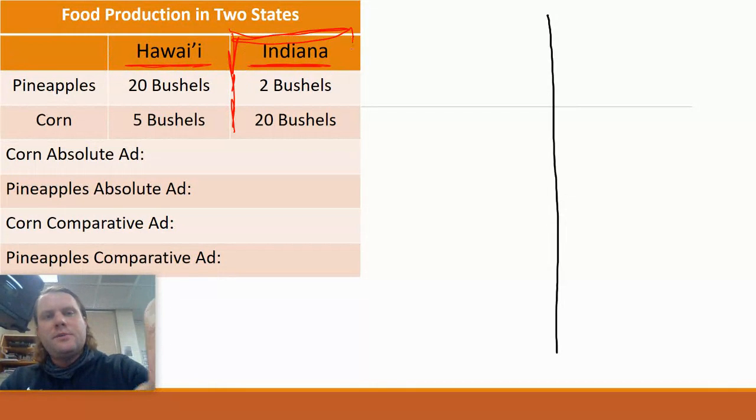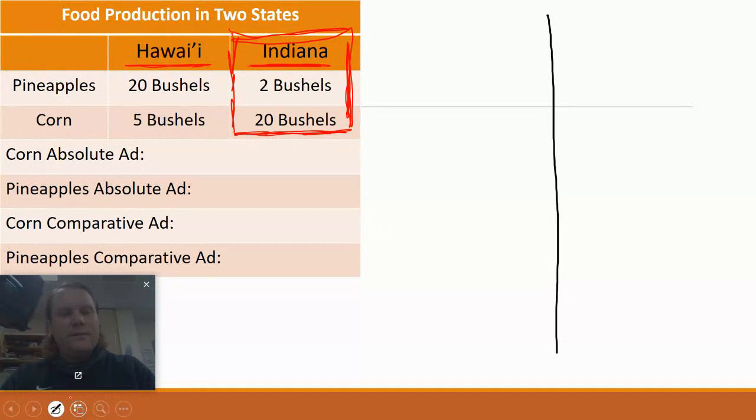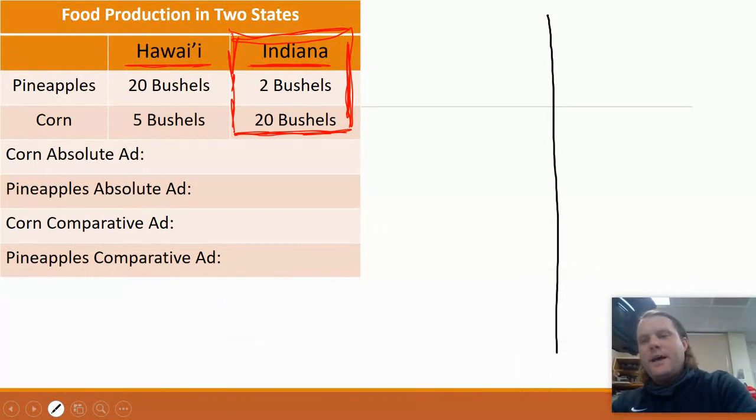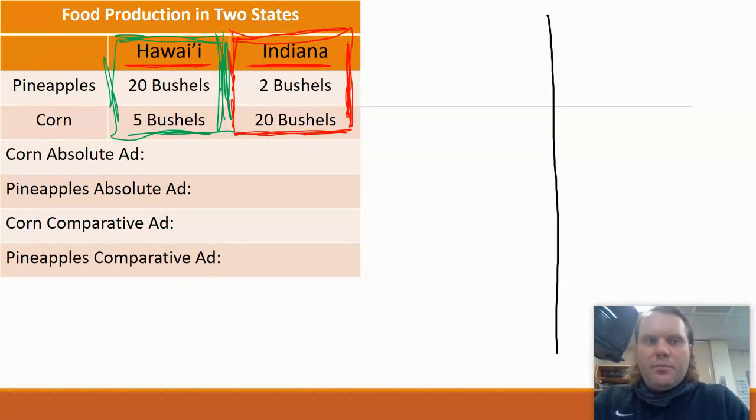And what you're going to find is that sometimes when we do these problems, just knowing what you're looking at matters. Those of you that have taken some of the more complicated math tests know that just keeping things straight is a lot of the time the main battle. Knowing what I'm showing and knowing what I'm seeing is going to be the main challenge of any particular problem. So first things first, let's identify the absolute advantages for each of these products.